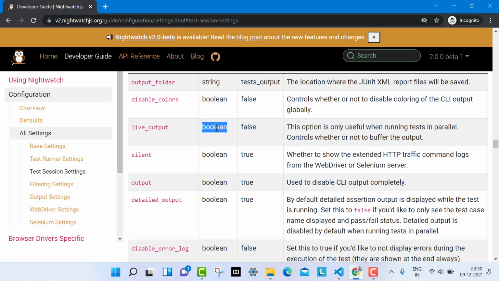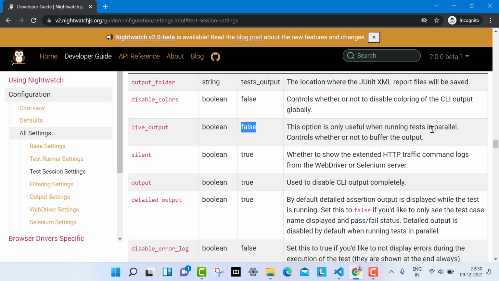This again takes a boolean value, and by default it is false. It says this option is only useful when running tests in parallel. Whenever you are running tests in parallel, say 5 Chrome clients are running and 5 test cases are executing in 5 clients, maybe there is some delay in one of them.